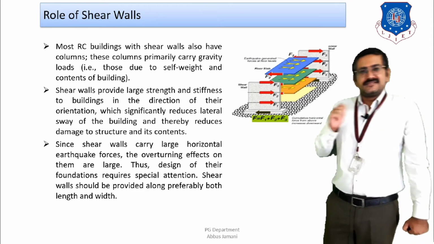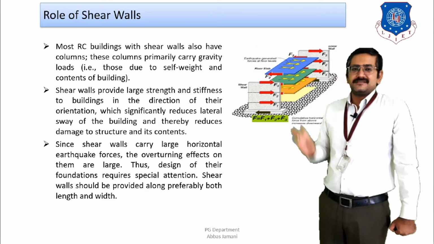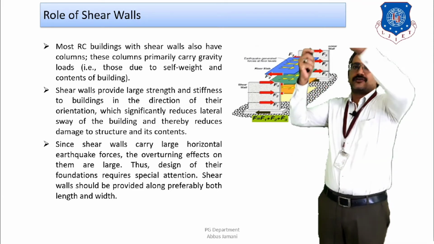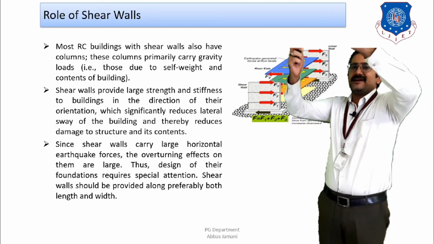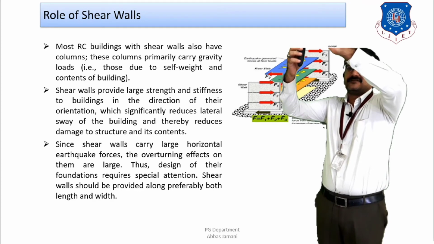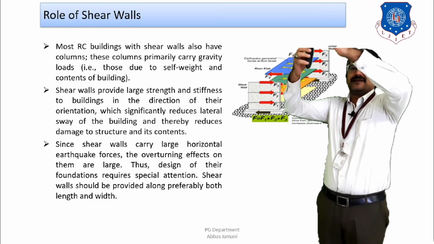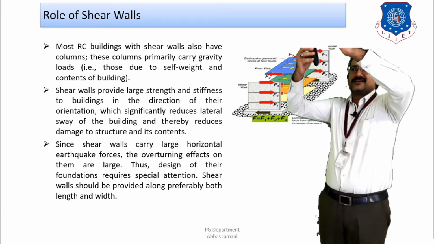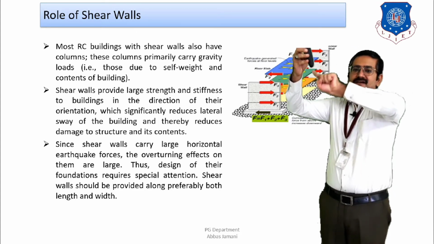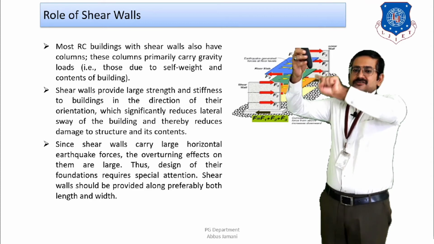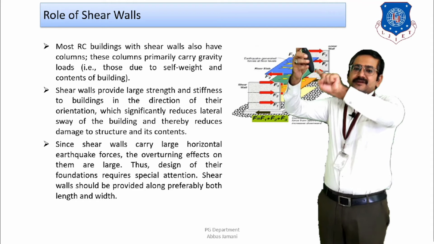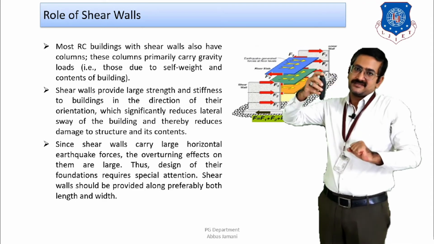The other thing that happens is that these elements are vertically oriented and the force is applied at the top of the building. Let us say this is my building and this is how the force is applied. As a result, the building is going to move like this. You can observe here that the building has lost contact with the ground at the ground level. That is, upliftment of the foundation is taking place.